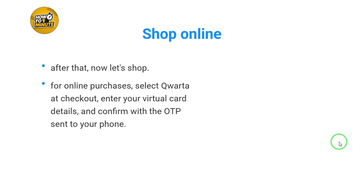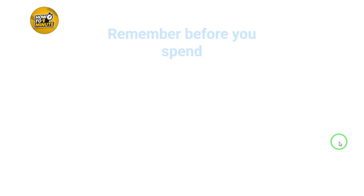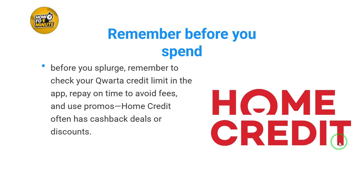For online purchases, select Qwarta at checkout. Enter your virtual card details and confirm with the OTP sent to your phone. And when shopping in person, just add your Qwarta card to your mobile wallet like Gcash or PayMaya, then tap your phone at checkout. No physical card needed. Before you splurge, remember to check your Qwarta credit limit in the app or pay on